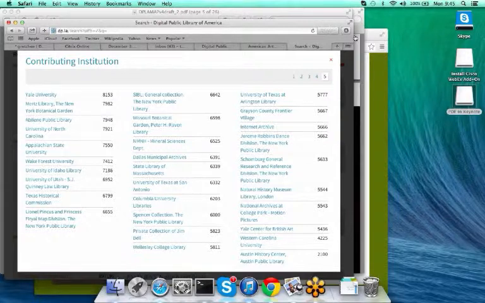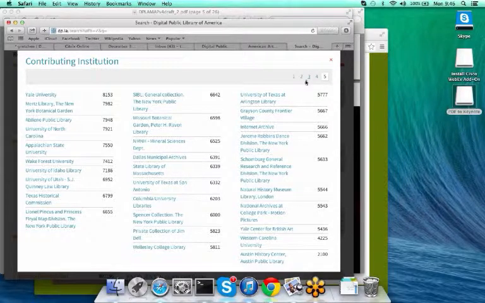I just noticed here we also have a lot of National Air and Space Museum, National Museum of American History, which I recognize are all part of the Smithsonian, but we do have multiple Smithsonian museums and institutes as part of our collection. Natural History Museum, and I'm also seeing the Natural History Museum, Library of London. Sorry, go ahead, Tom. So if you're looking at what's on the screen share, this is the contributing institution facet,